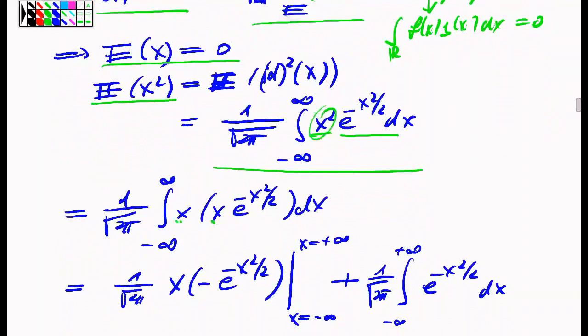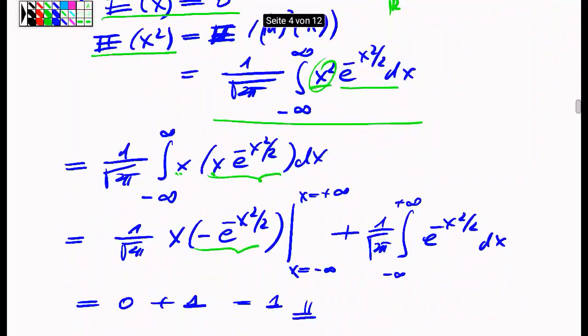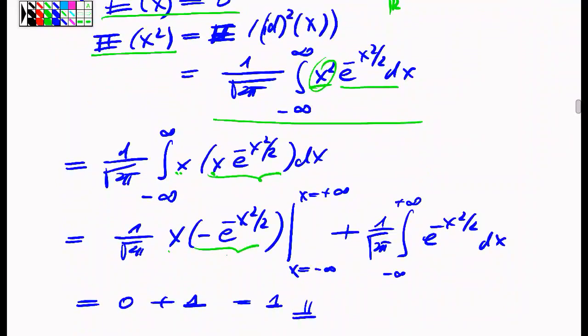And we see that the second part here is, by chain rule, the derivative of the function e to the minus x squared, minus of that, if you like. And so we can apply integration by parts to compute the integral by mapping the derivative here in this integration towards the other component, which generates then the derivative of this x function in the remaining integral, which is just a 1, and what remains is just this